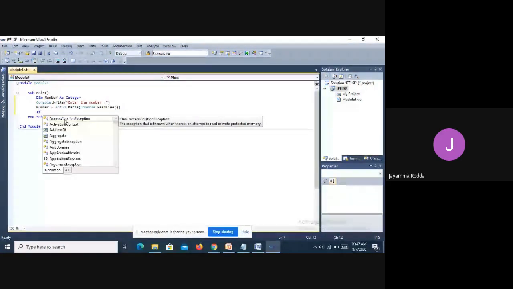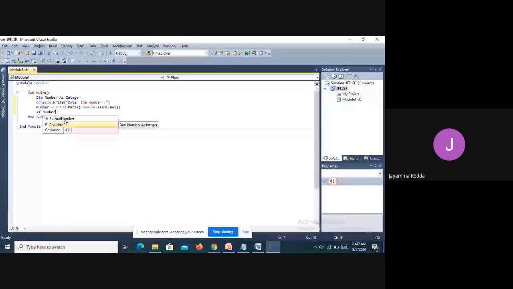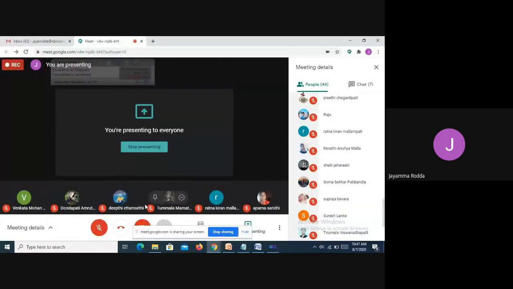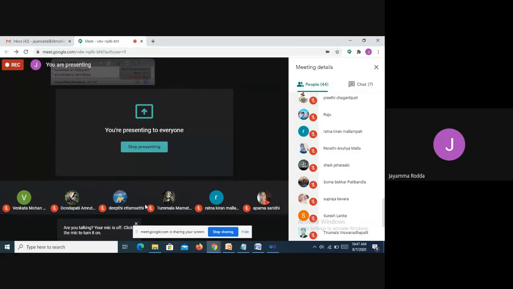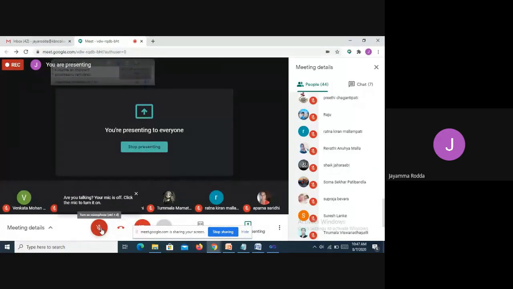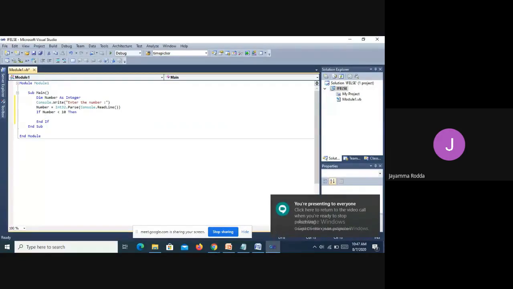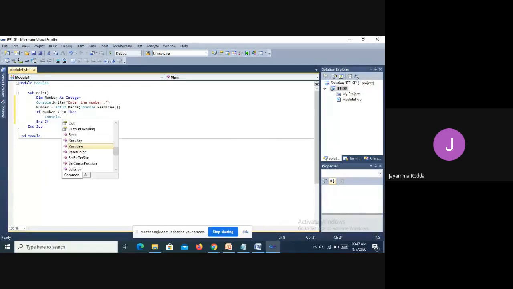If number less than 10, then the console should be prompting Console.WriteLine.